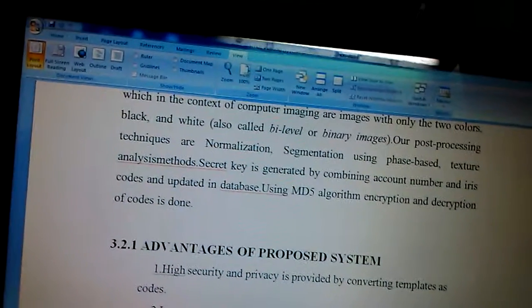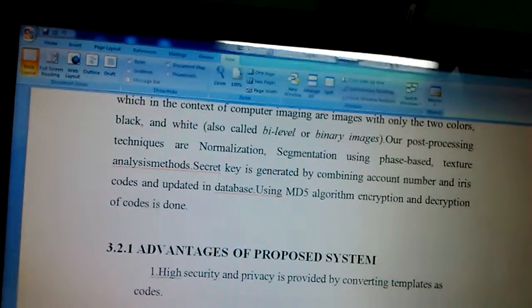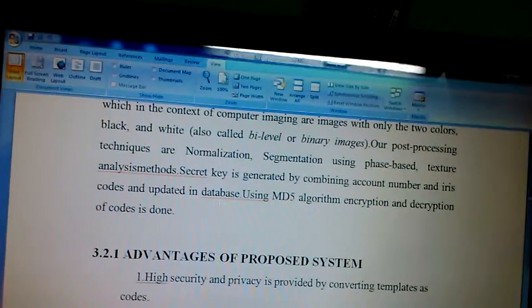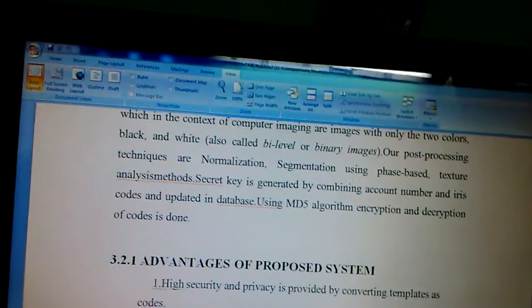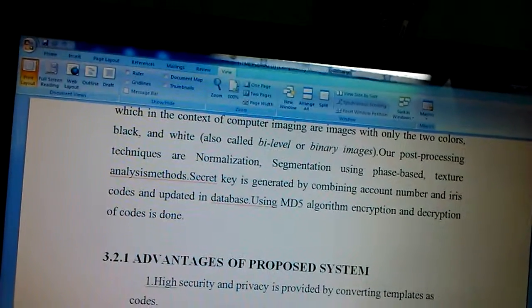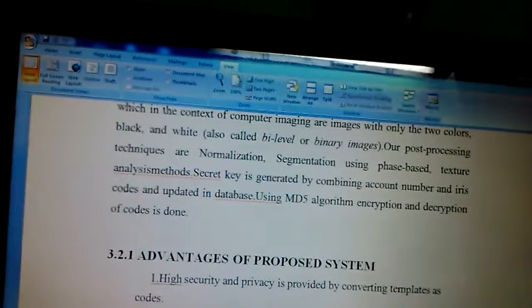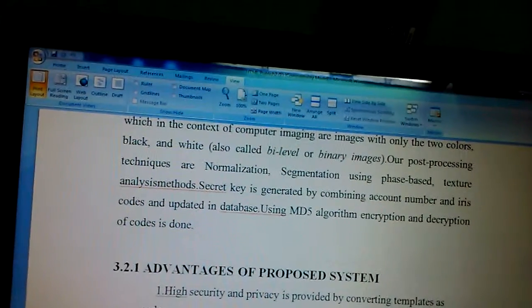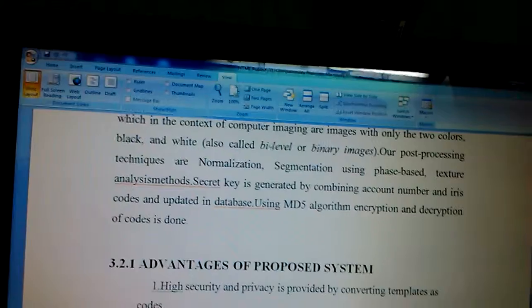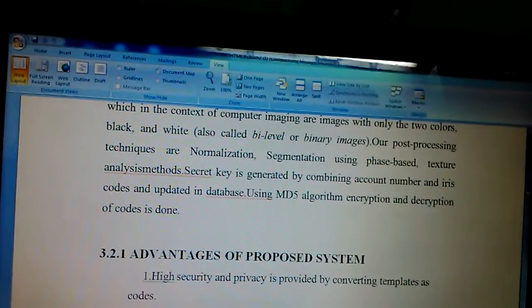And after the median filter, its sharpness is increased so that the edges are found through the Canny edge detection algorithm. After that, it undergoes a Hough transformation. Through that, we'll calculate a Hamming distance. After that, we'll produce a code by combination, which is our own method of producing a secret key, which is